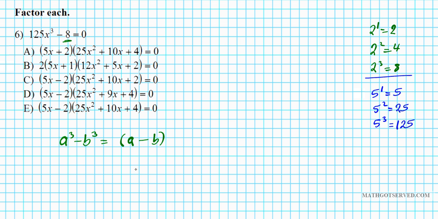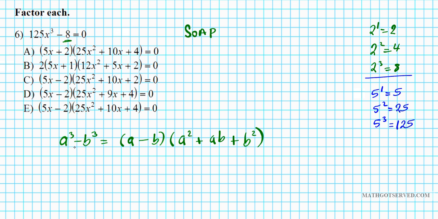And then it's always the same as the sign between the original problem. And then we have a squared, ab, b squared. Now what signs go here? The next sign is always opposite of what we have here, which is plus, and the last is always positive. So we have the acronym SOAP happening here. First sign is always the same. Second one is opposite for O, and then the last one is always positive. All right, so that's basically how you expand